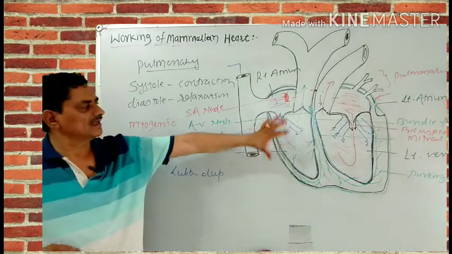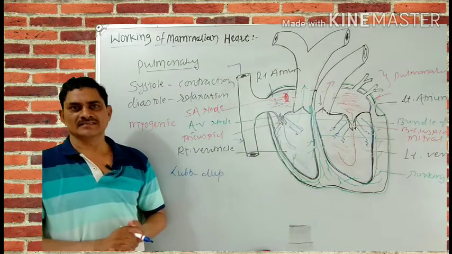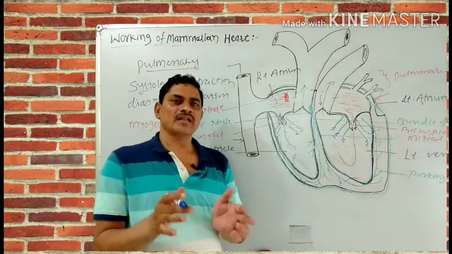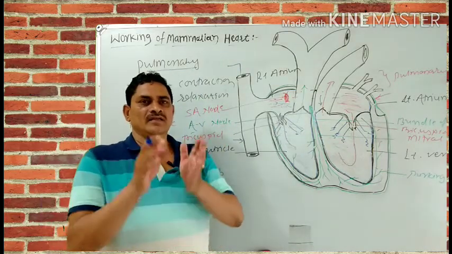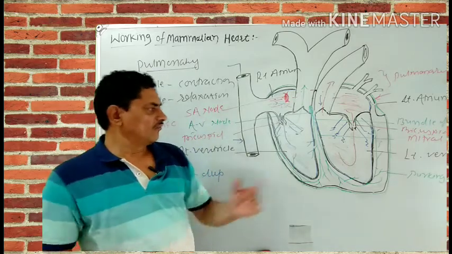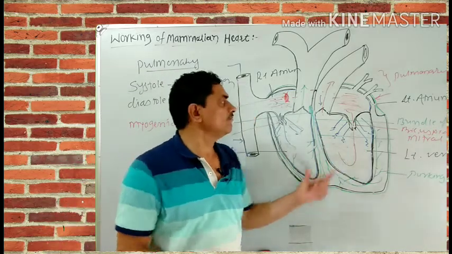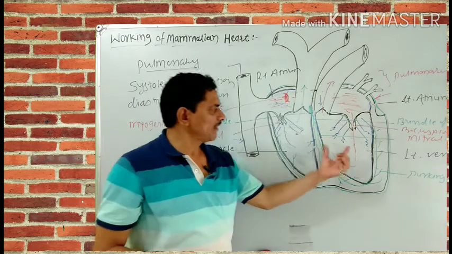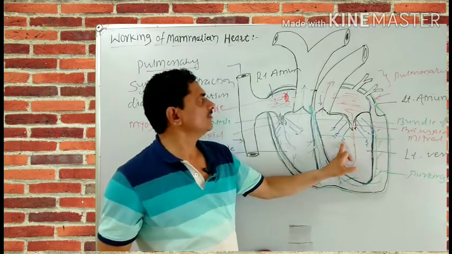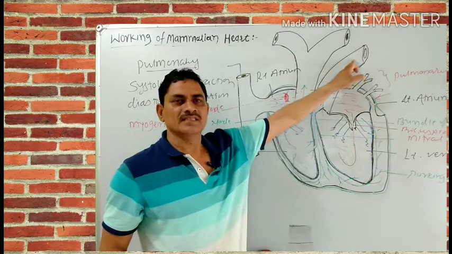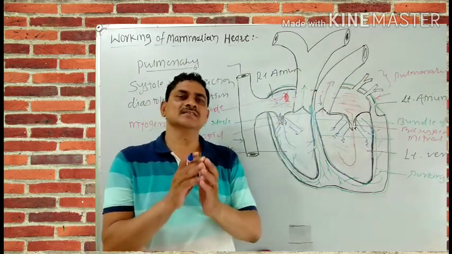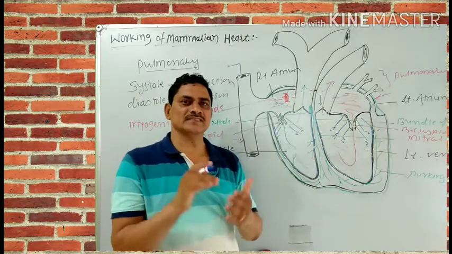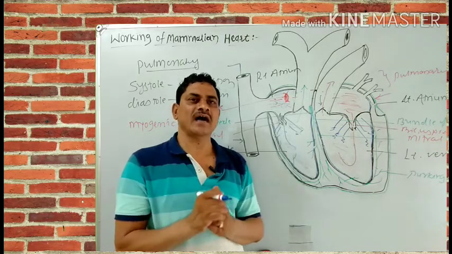Such type of heart sound is created. Then the cardiac output. The cardiac output refers to the volume of blood that passes from the left ventricle into the aorta. The volume of blood which passes from the left ventricle to the aorta is called the stroke volume. Here are the two parts, or two factors: one is the stroke volume and another one is the heartbeat.